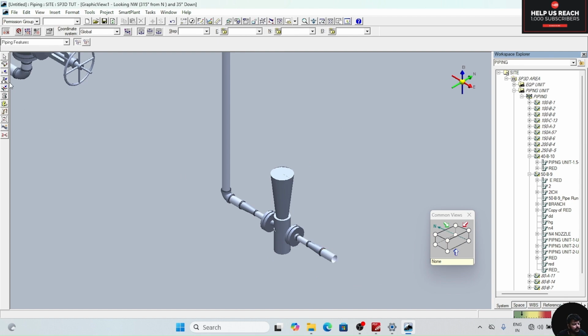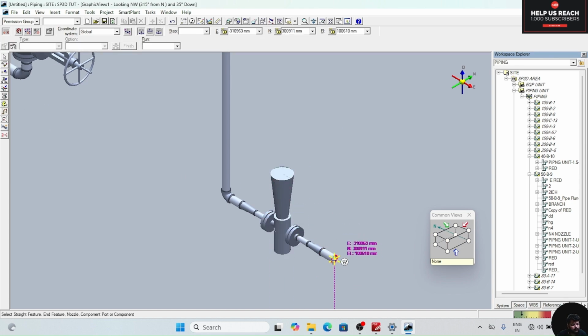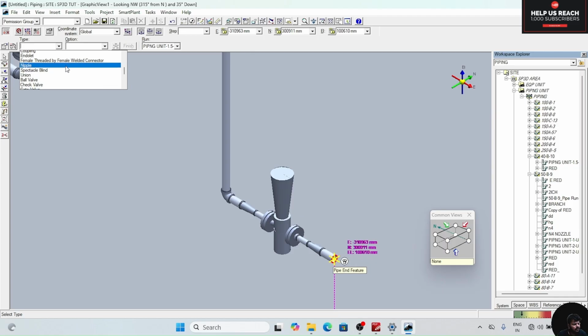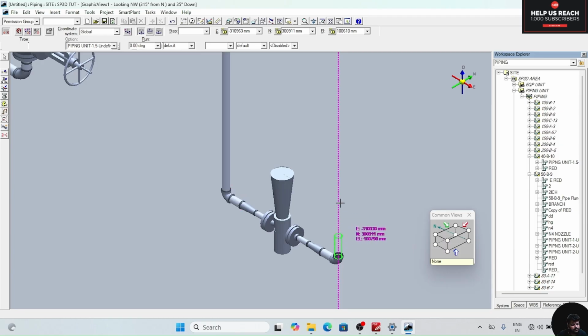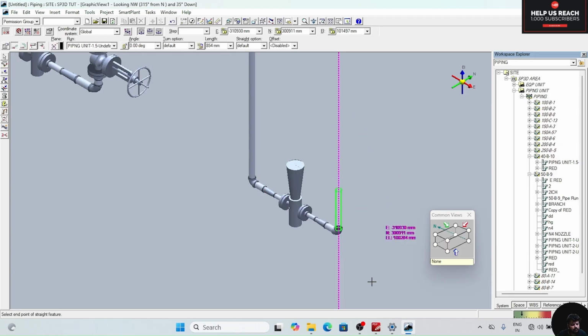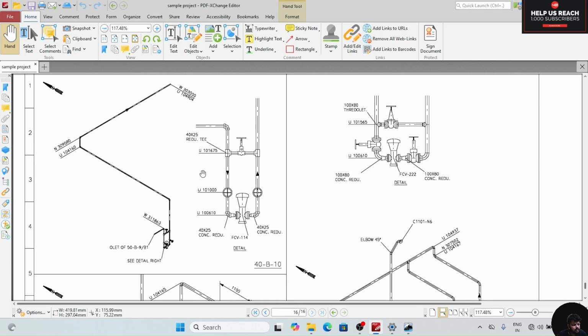Now 90-degree direction change, insert component, select the point, 90-degree direction change, click on finish. Again root pipe, lock the position, you can see the up position is 104, 160.